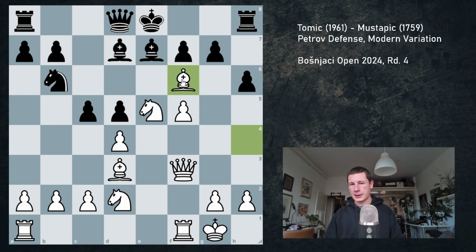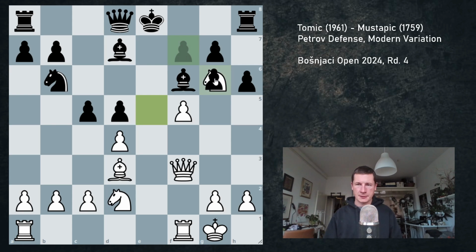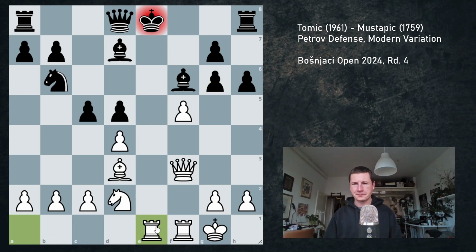So I took on f6. Now if he takes with the bishop, I think he's in trouble. If bishop takes f6, then I can just go dc5 or knight g6 maybe. Knight g6 is also pretty fine. So for example, if knight g6 and if this is taken, then rook a1, and he has to move the king to f8 probably, and then fg6 seems like